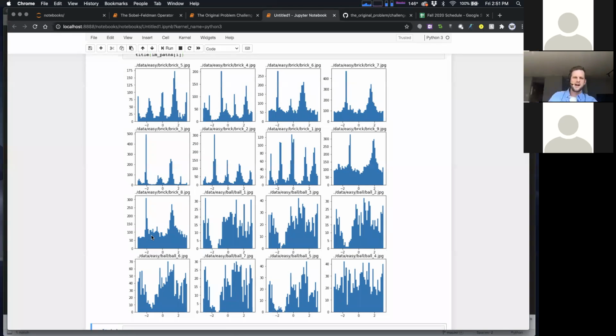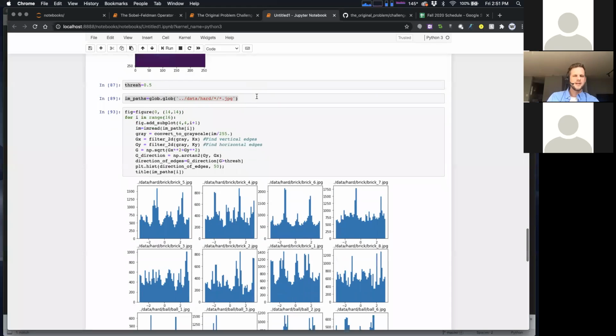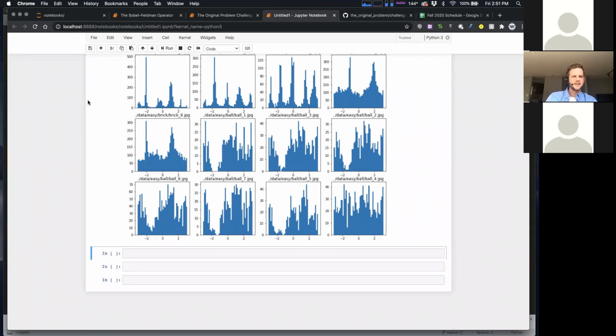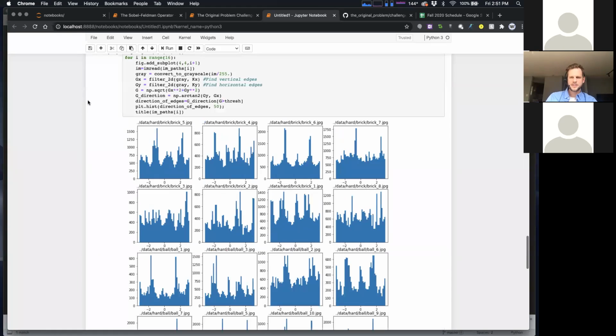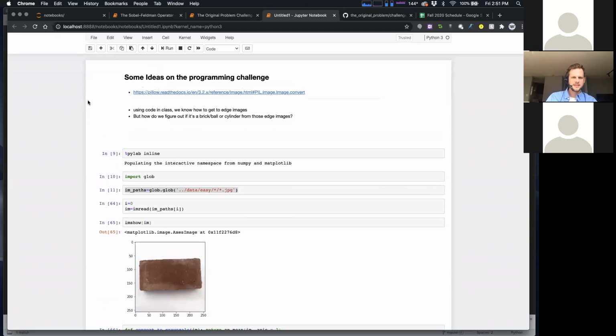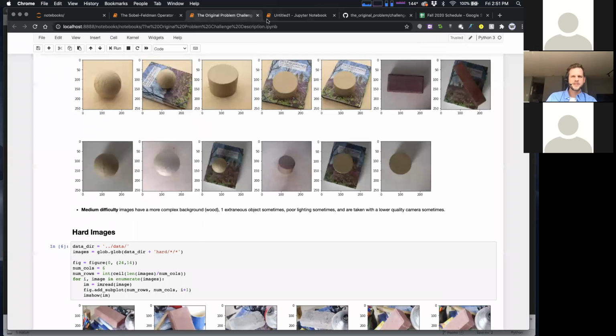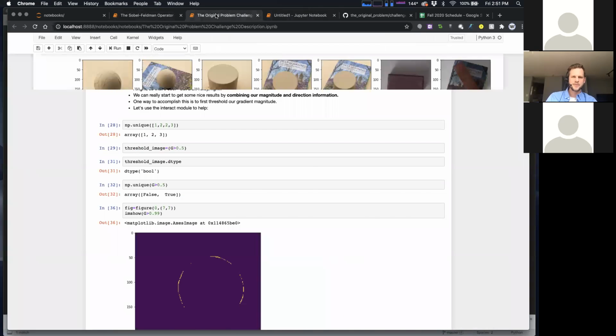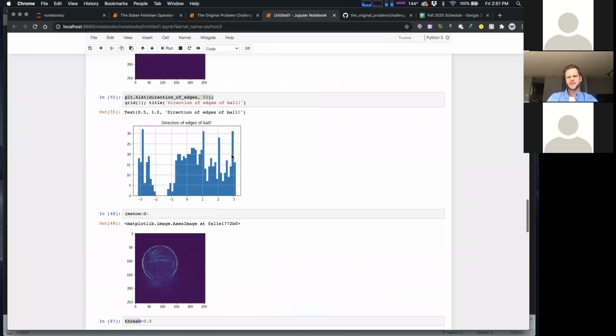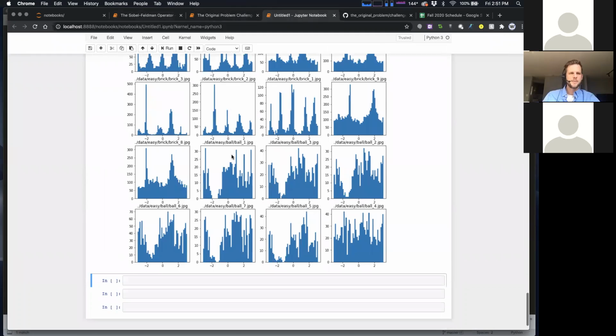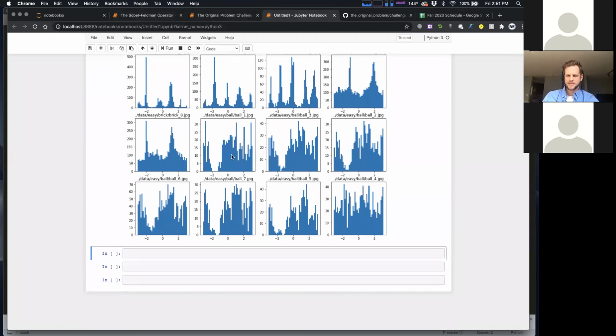And yeah, we will definitely share this notebook, Ravina, no problem. I think I made two notebooks, or maybe it's just one. But yeah, absolutely. I think I'll just export it as an HTML. I think this has pretty much everything. This is ideas on the programming challenge. Then I guess I closed that other one. The other one just had some magic function stuff, so that probably isn't a big deal. But this one, yeah, we will get this shared on Canvas, no problem.